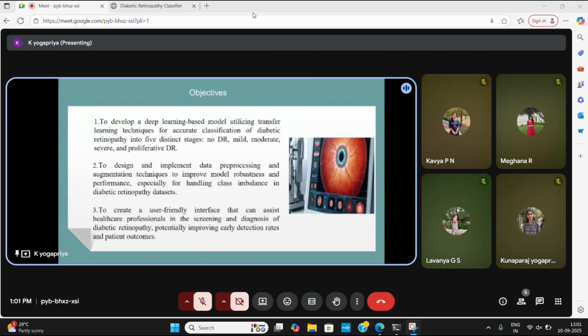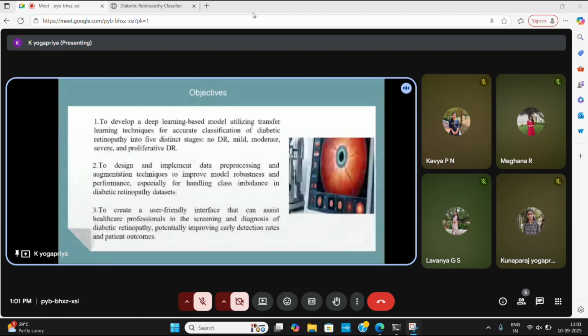Coming to the objectives, the first goal is to develop a deep learning based model capable of detecting and classifying diabetic retinopathy. The five stages are no DR, mild DR, moderate DR, severe DR, and proliferative DR. Instead of building a model from scratch, the project uses transfer learning techniques, which help to reduce training time and improve accuracy. Coming to the data processing and augmentation techniques